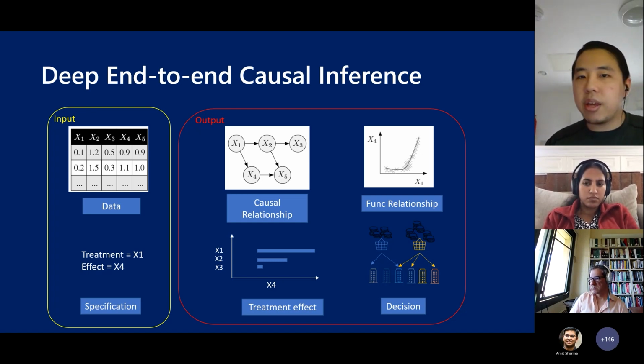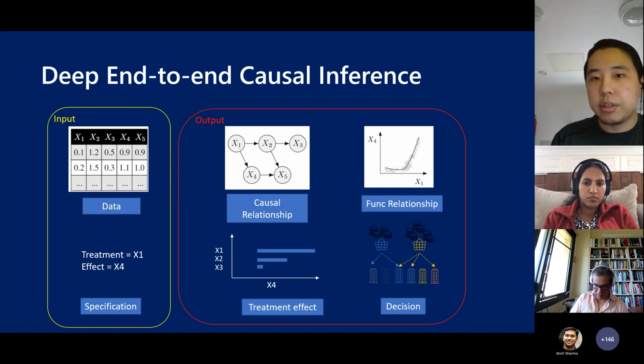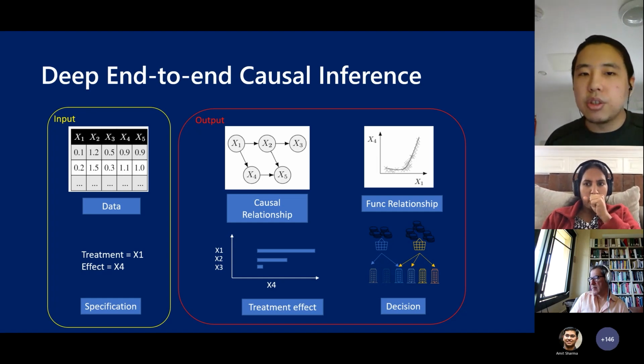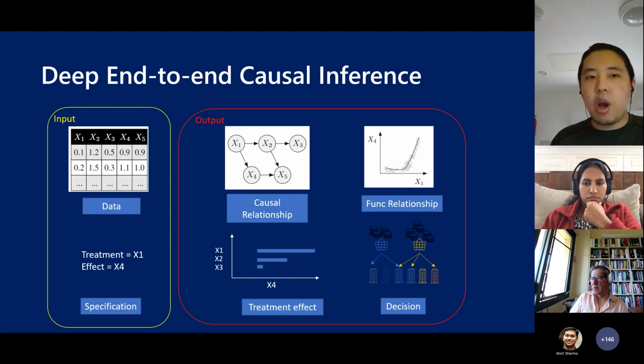The idea is that we take any observational data as input, and produce four causal quantities at the same time. The first is the causal graph, or the causal relationships between variables. The second is the functional relationships that measure the quantitative causal impact of one variable on another. The third is the treatment effect of certain variables on the outcome. And finally, the recommended decisions for downstream decision-making tasks. So that is the whole idea.